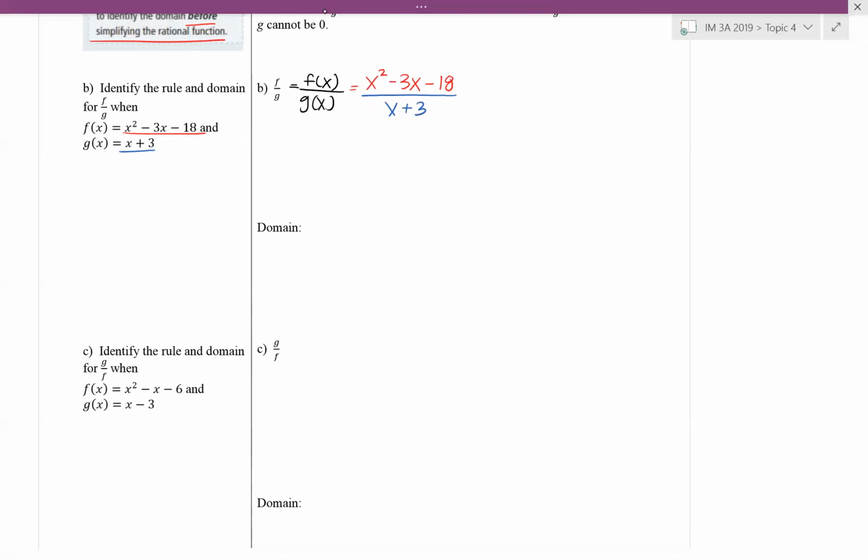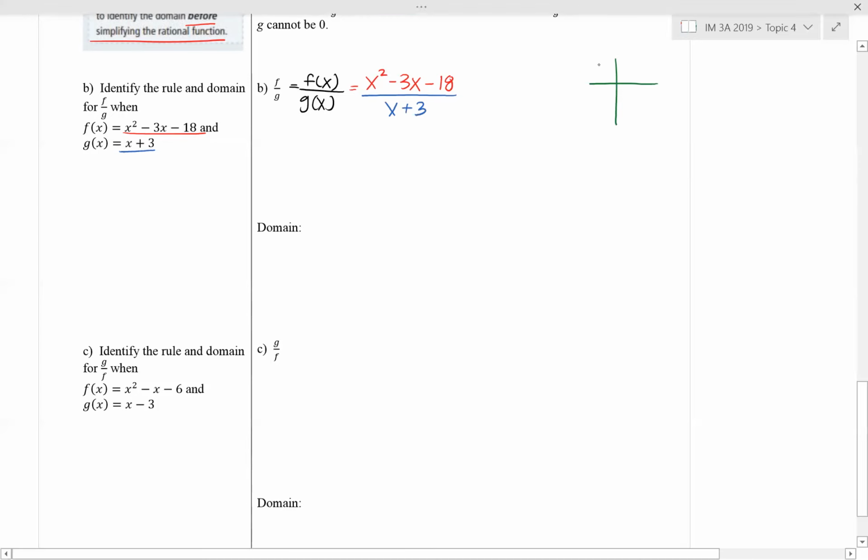Since our quadratic is one where a is 1, this is a quick factoring where once we find our pattern numbers, those are just parts of the factors. If we do the product sum with x squared minus 3x minus 18, we're looking for two numbers that multiply to negative 18 and add to negative 3. Those two numbers are negative 6 and positive 3, and negative 6 plus 3 also makes negative 3. So our numerator factors to x minus 6 times x plus 3